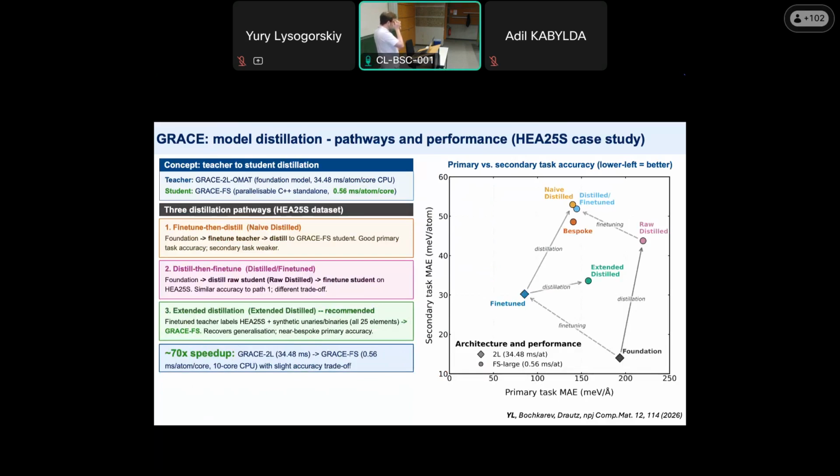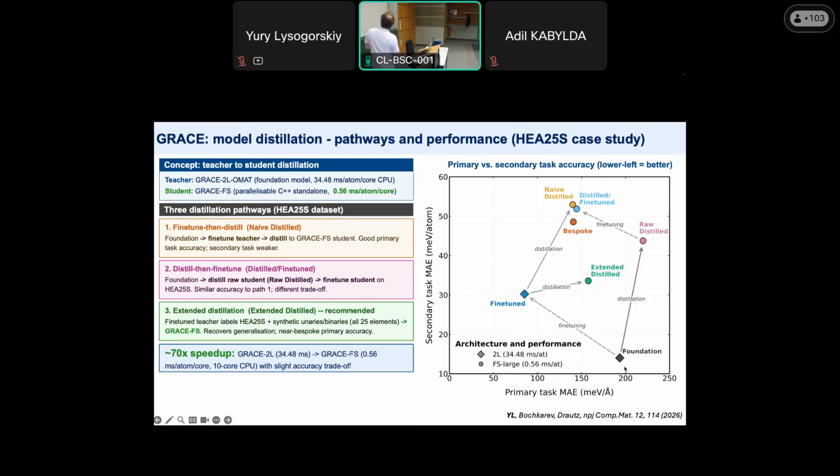And of course, if you want to simulate longer and faster, you need some new models, which are usually called student models. So in this approach, which is called model distillation or the student-teacher approach, we may use some foundational models, for example, starting from here.